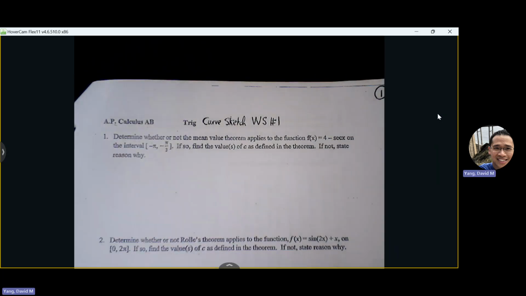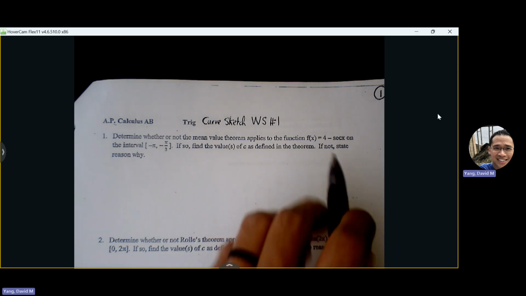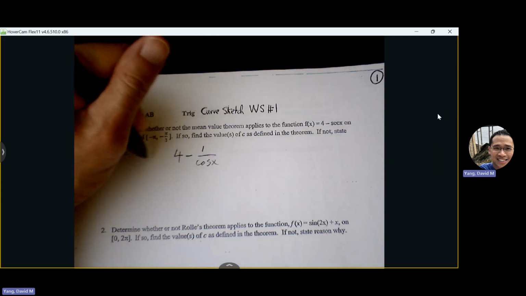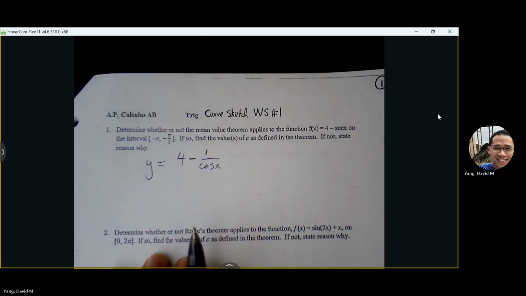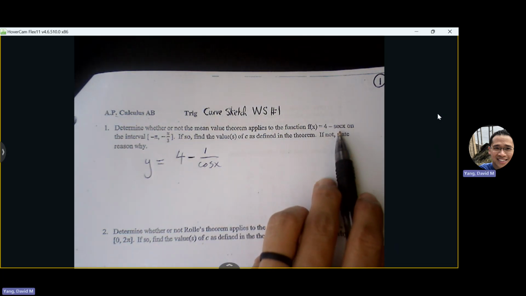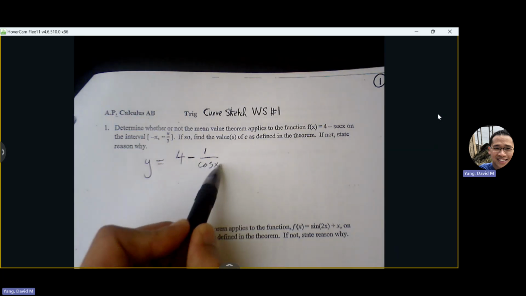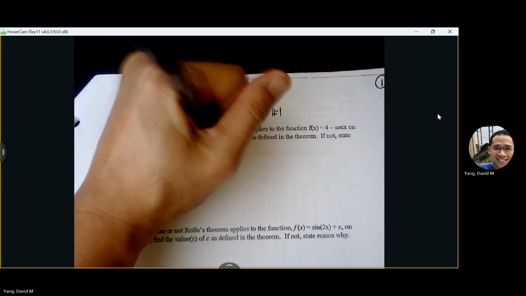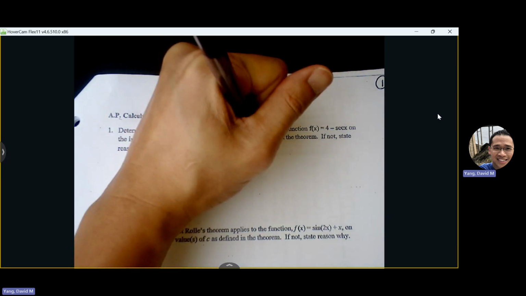Okay, so number 1, determine whether mean value theorem applies for the function 4 minus secant of x between negative pi and negative pi thirds. If we were to graph this function here, this will be 4 minus 1 over cosine of x. If we think about secant, secant is not going to exist wherever cosine is 0. So there's vertical asymptotes